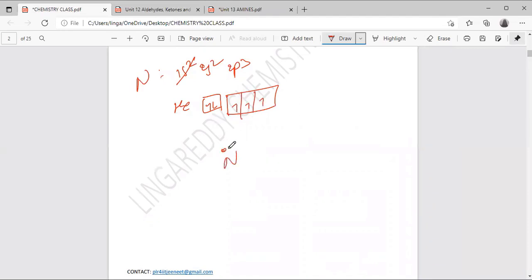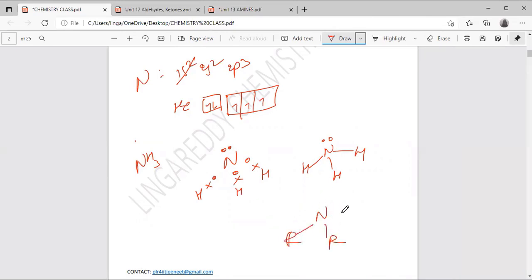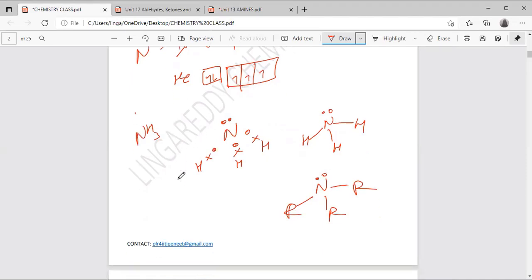So nitrogen has one lone pair, and here single electron, single electron, single electron. If NH3, we take one hydrogen, hydrogen, and hydrogen. In place of hydrogen, if I take an alkyl group, NR, R, R, a lone pair is there. Understanding? Yes, sir. So when we are taking nomenclature,